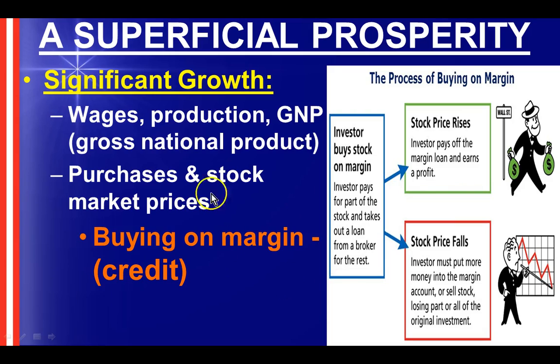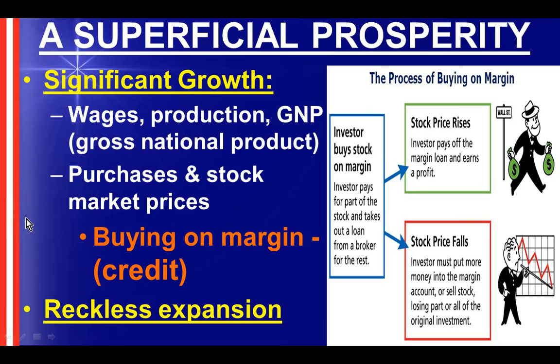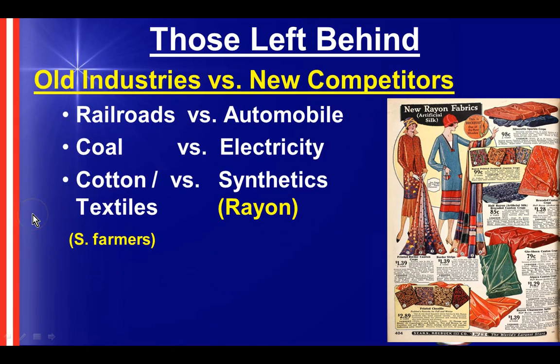You can even take out a loan, which is buying on margin, come up with a little money for yourself, but take out a loan to pay off the rest. And when the stock rises, you walk away smiling, but if it falls, you're going to be in a world of hurt because you're going to owe money and you're going to lose money and maybe even lose your house or the collateral that you have to put up to purchase that stock. This is another major problem for a big event coming up in 1929 as well. So we have reckless expansion because of that and because of the other thing, buying on credit, installment buying.